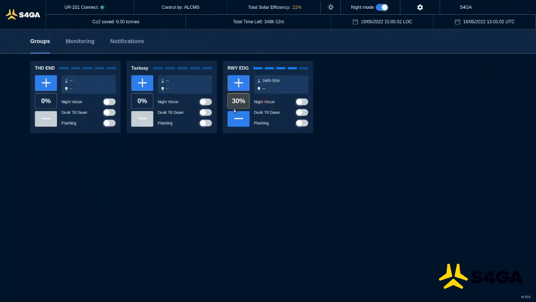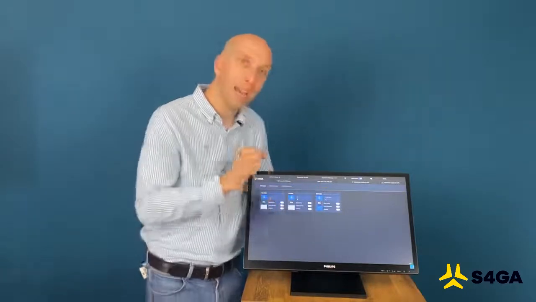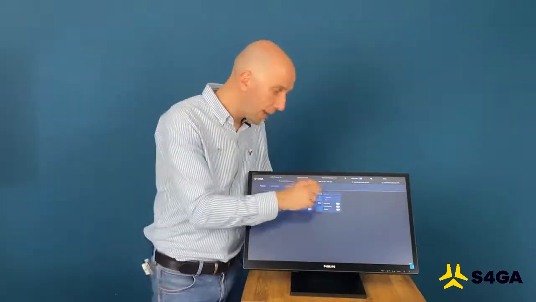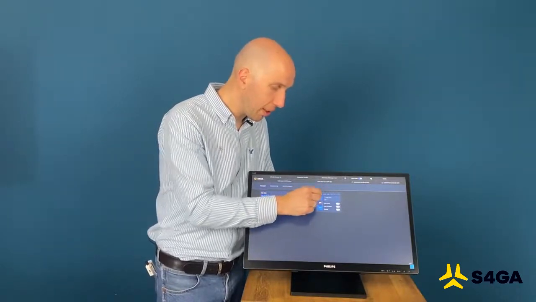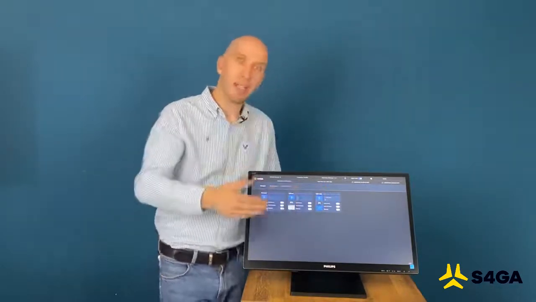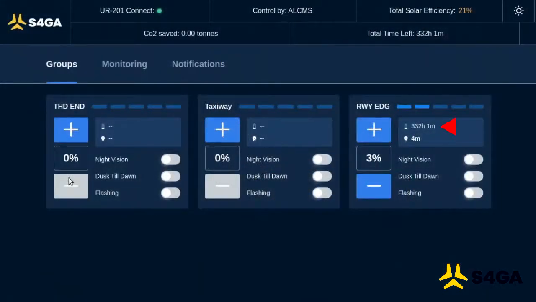Now, another very valuable feature is the operating time left on the given intensity. As you can see right here, on the right from the plus sign, there are hours that are automatically calculated when we activate light on a given intensity. So what kind of conclusion can be made from this information?